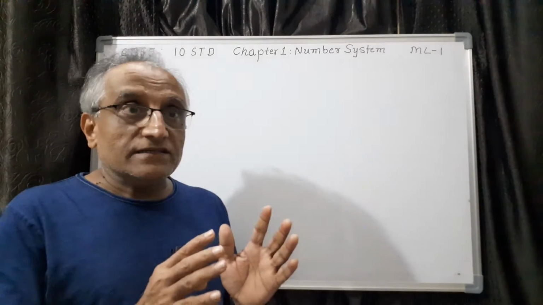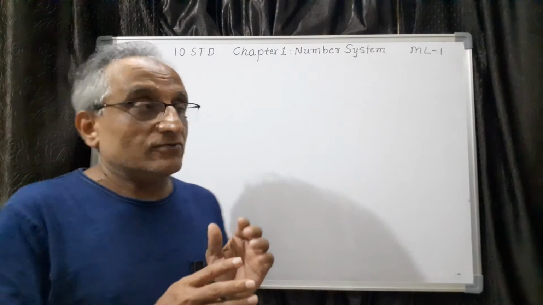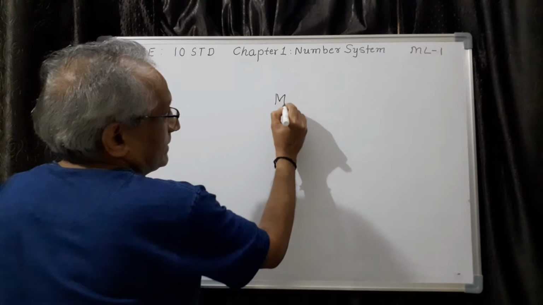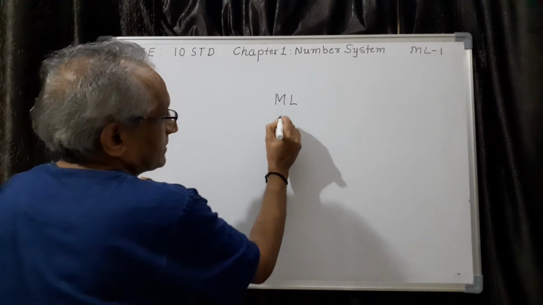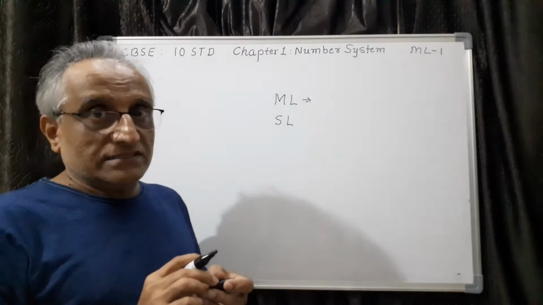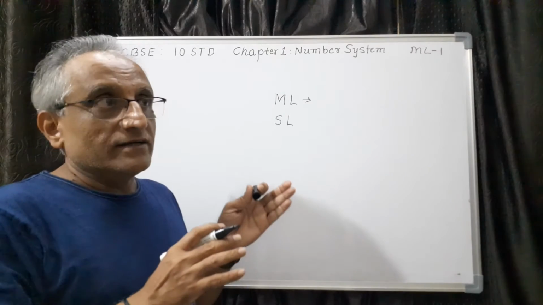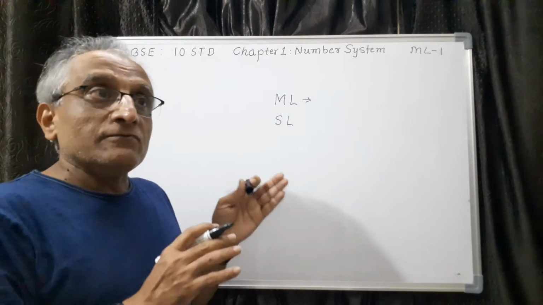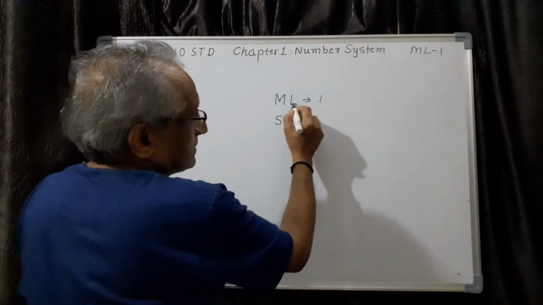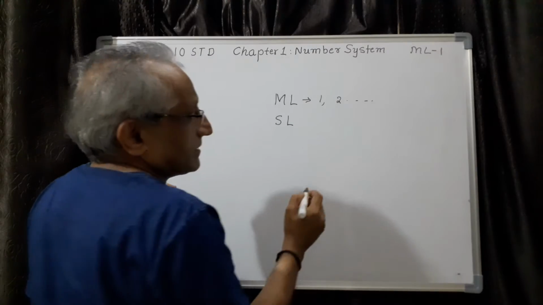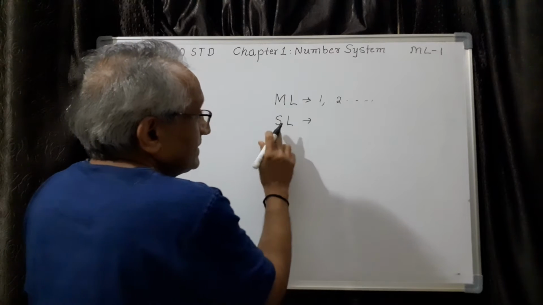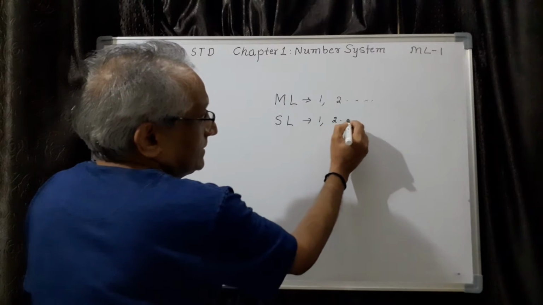Let me first introduce what is the plan of uploading my lesson. My lessons will be consisting of two main types. One is called main lesson, ML, another one is called supplementary lesson. In ML, I will take all the theoretical concepts, for example, definition, formula, theorems, derivations, etc., with relevant examples. So this is main lesson. This will have sequence like this: ML1, ML2, etc., depending on the requirement of the concept to be taught in a particular chapter. Then SL consists of once again 1, 2, 3, etc.